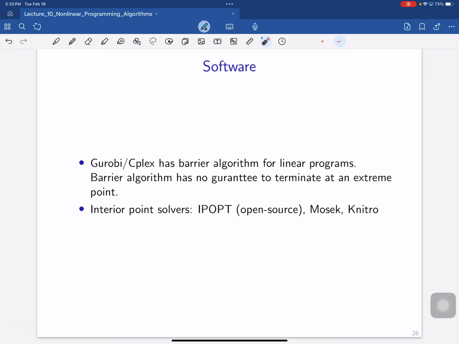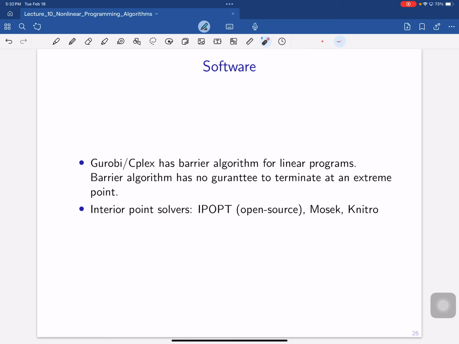Now, with that, let's talk a little bit about software, right? Barrier algorithm can solve nonlinear programs, and of course it can also solve linear programs. The convex nonlinear program is more general than linear program. You can also apply barrier algorithm or interior point algorithm to solve linear programs. And as a matter of fact, in commercial solvers like CPLEX and Gurobi, you can use barrier algorithm to solve